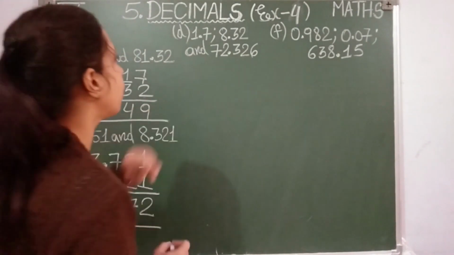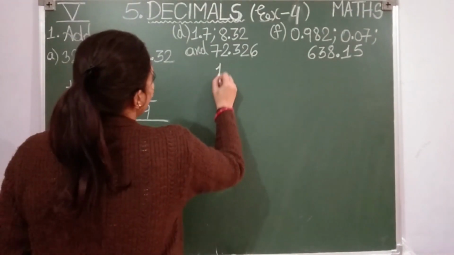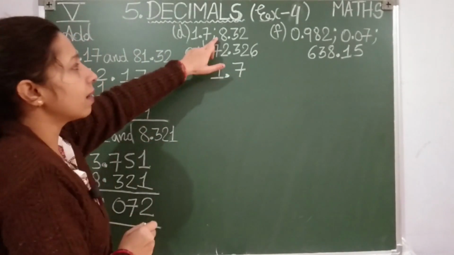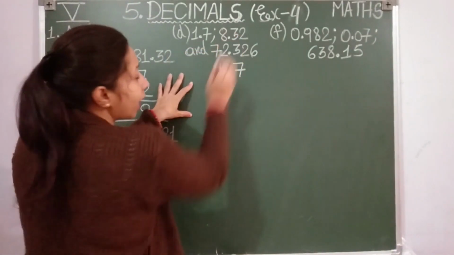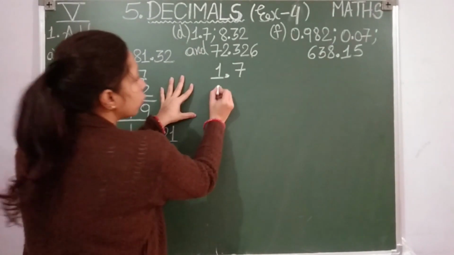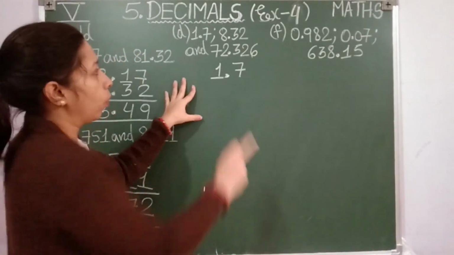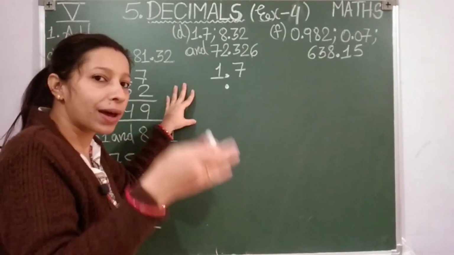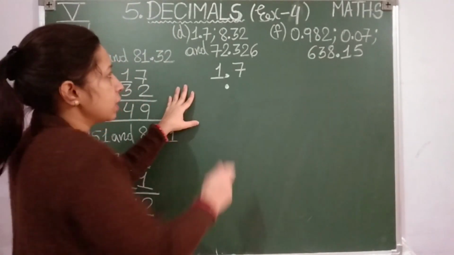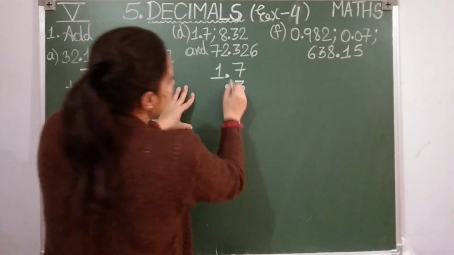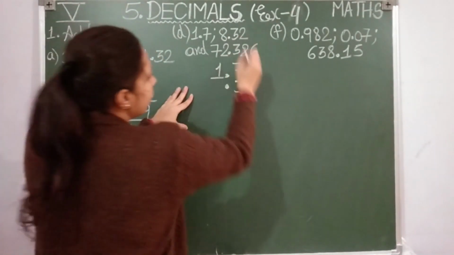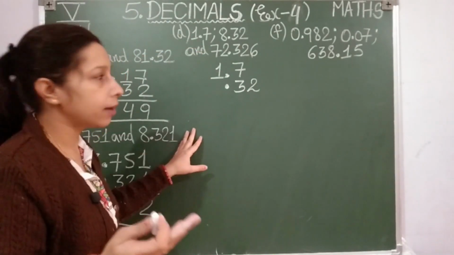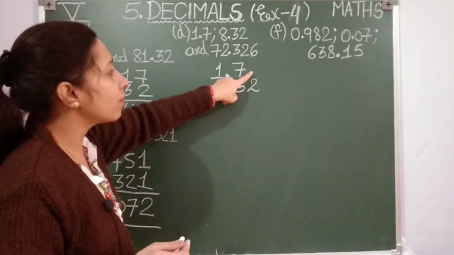Okay, let us see point number D. Again first I will write the number 1.7. See the second number 8.32. What I told you, first put the point. Don't start writing 8.32. No, first put the point. Here I will put the point. Now automatically each number will be just below its place value. Now next digit is 3, which is in the tenths place. Then hundredths: 2 is in the hundredths place. But is 7 with hundredths?